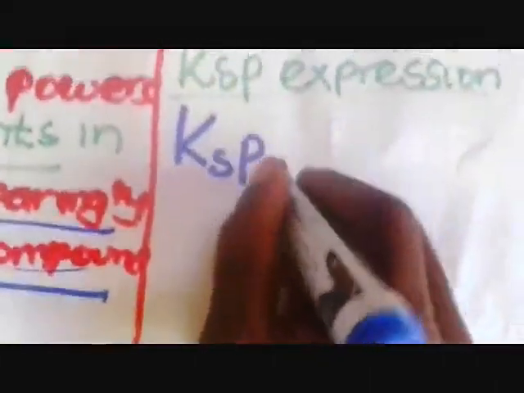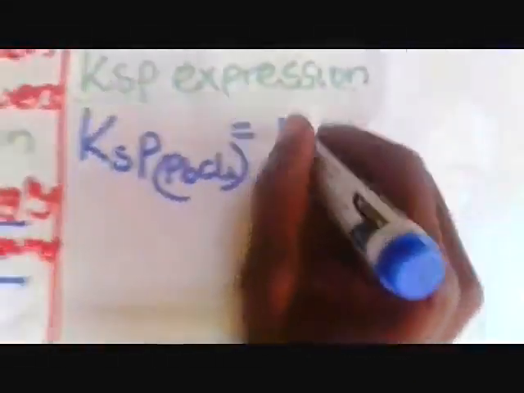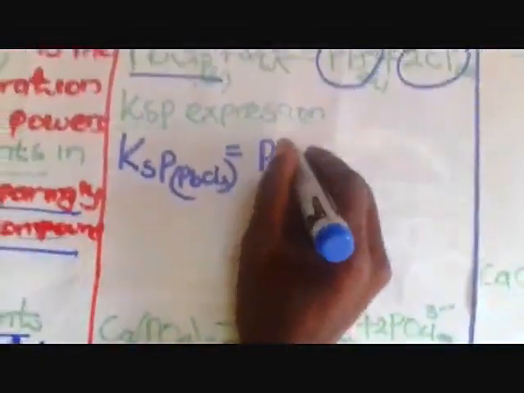Now, if you are going to write the Ksp expression, since product means multiplying, we shall say Ksp of lead(II) chloride is equivalent to the concentration of lead(II) ions,